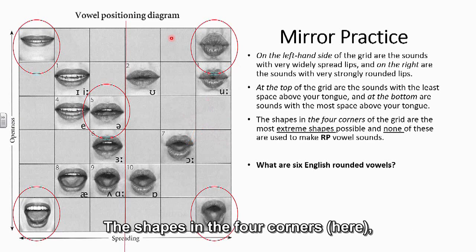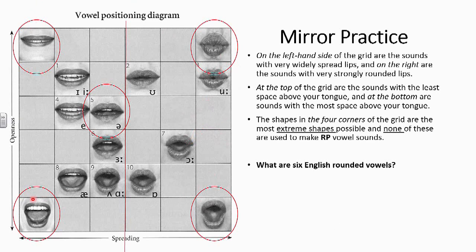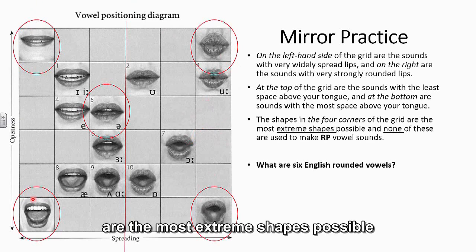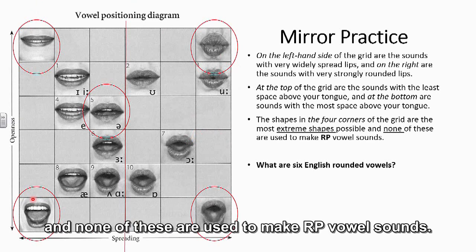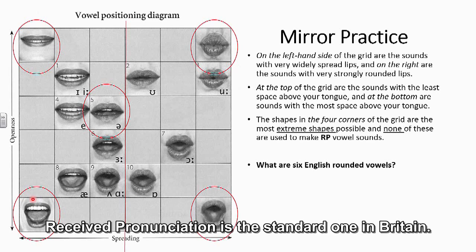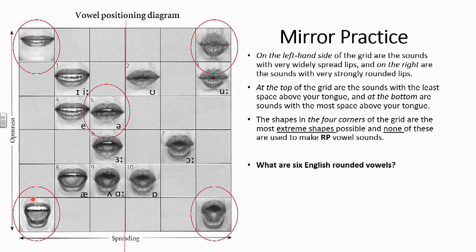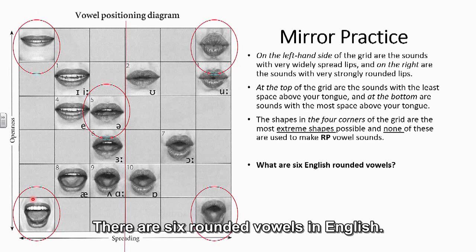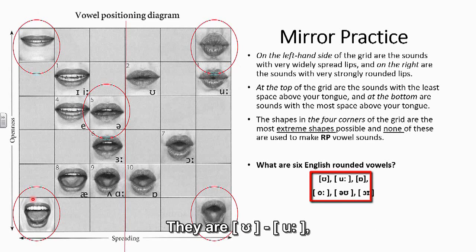The shapes in the four corners, here, are the most extreme shapes possible, and none of these are used to make RP vowel sounds. RP stands for Received Pronunciation. Received pronunciation is the standard one in Britain. There are 6 rounded vowels in English. They are U, A, O,